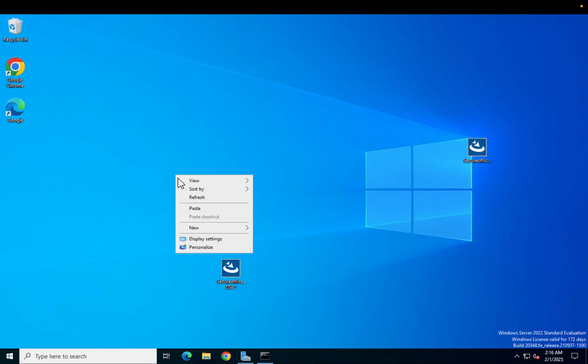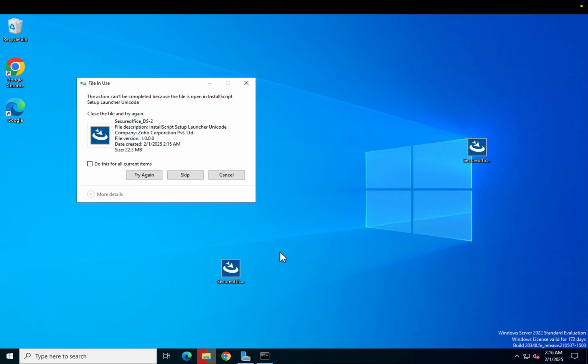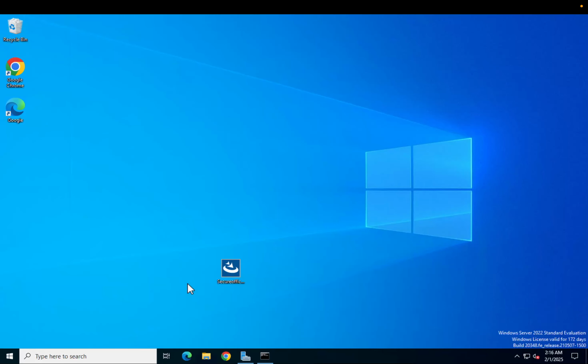Okay, so it is installed. See, it is very simple, right? So let me delete both the setups from my machine. Okay, let it delete later. Don't worry, we'll do it later. And now,